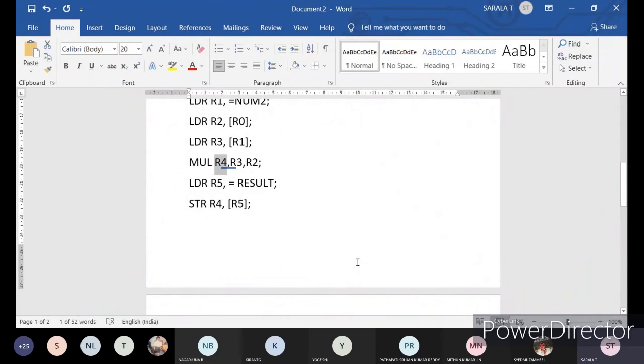After multiplication of FFFF, that result will be stored in R4, and then given into the memory address of result. Now, take out your calculators, multiply FFFF with FFFF, 16-bit values. Tell me the result.